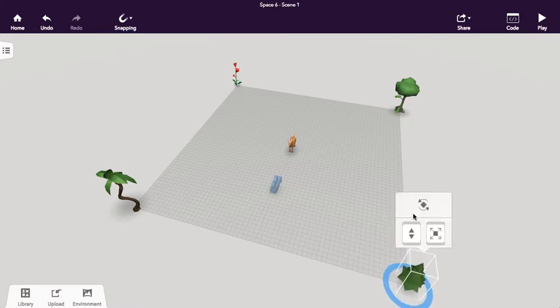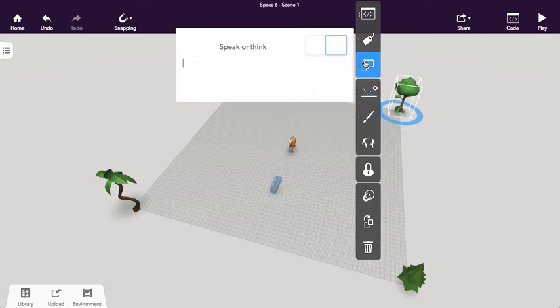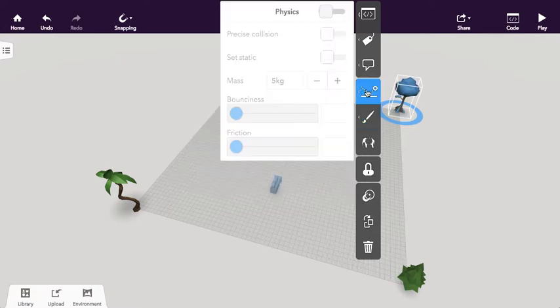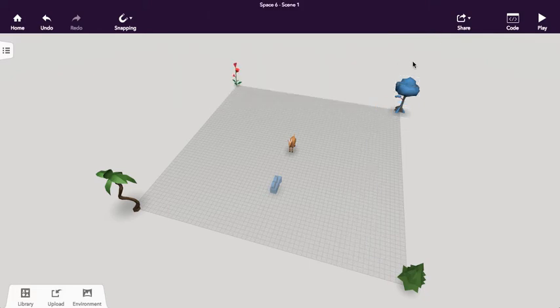Now the colors on these are a bit dull, so what I'm going to do is two-finger click, which would be your right click on your mouse, and that brings up this little option menu here. And I'm going to go down to the paintbrush, and I'm going to turn this one blue. While I am here, it's good to get in the habit of going up to this little tag symbol here and clicking this use in CoBlocks or Blockly. That way we can use it inside our coding script when we get to that. So it's just a good habit to get into. Whatever you bring in here,